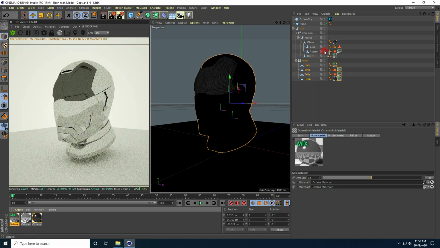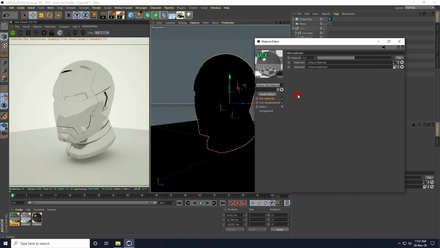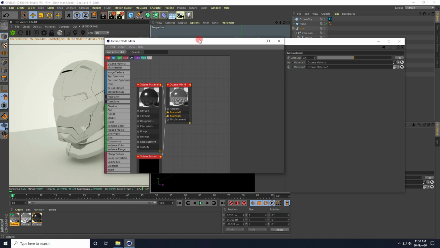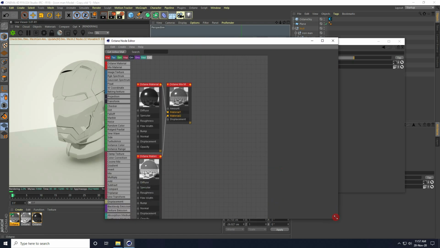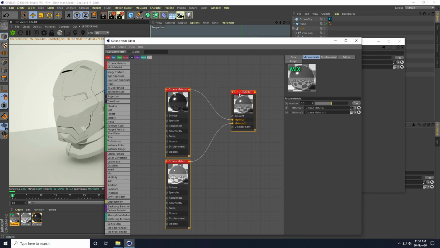and last one, right? Okay, so now after that I create scratch effect. So open this material, that's my mix material, and click on node editor. Yes, and increase size like this. Right click, select this one, select hierarchy.